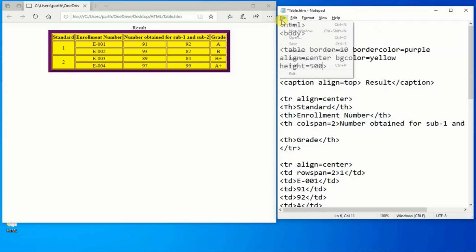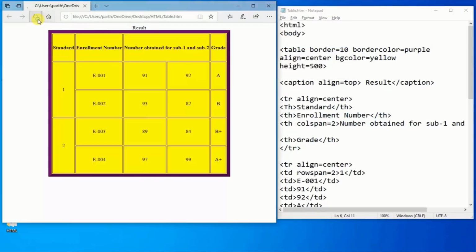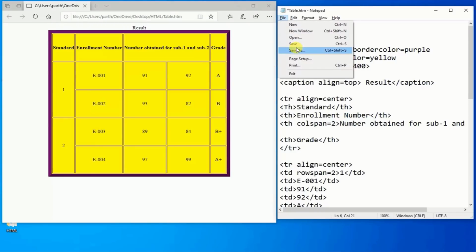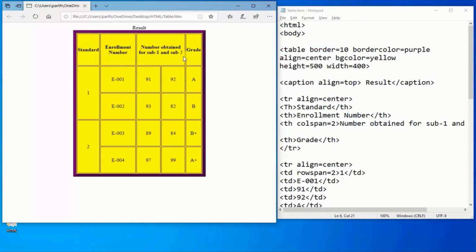Here we pass the value 500. Another one is the width attribute, which is used to set the width of the table. We pass the value 400. Now look at the browser, our table height and width have changed.